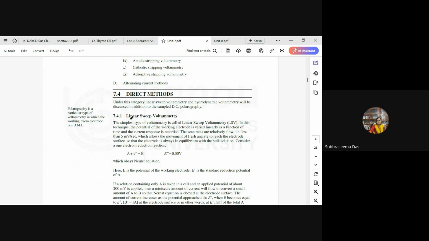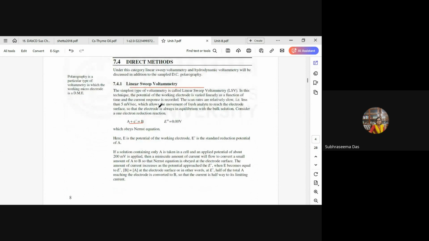First we will start with LSV, that is called linear sweep voltammetry. This is the simplest type of voltammetry that we can come across. In this technique, the potential of the working electrode is varied as a function of time as the current response is recorded. The scan rates are very slow, so that this allows the movement of the analyte to reach the electrode. Let us consider a normal reaction: A plus electron forming B, and it obeys the